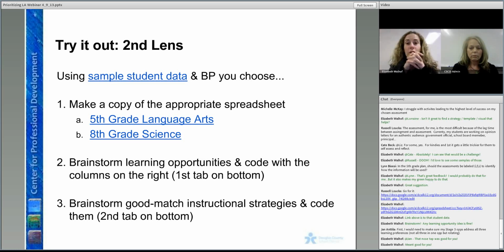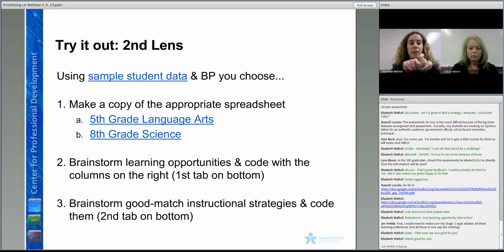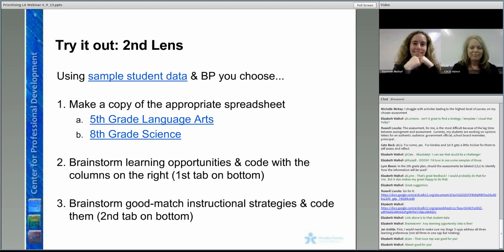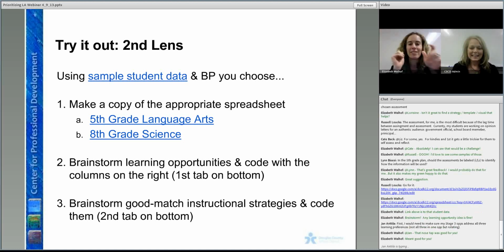So you'll notice also on the spreadsheet there are 2 tabs down at the bottom. One is for learning opportunities, one for instructional strategies. You probably just said that, didn't you? Yeah, that's it. I just have the tabs. Yeah, so 2 tabs. So you can do it, but just brainstorm again. And we'll put those coding ideas here in the chat. If you want to do the proficiency ones, I could